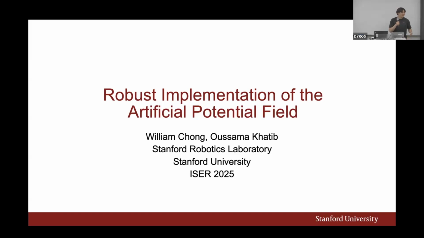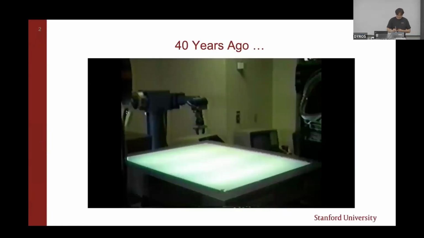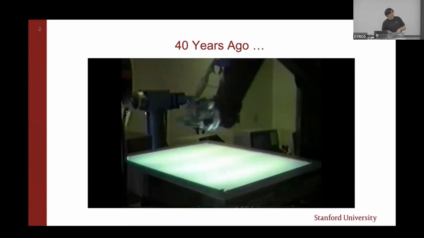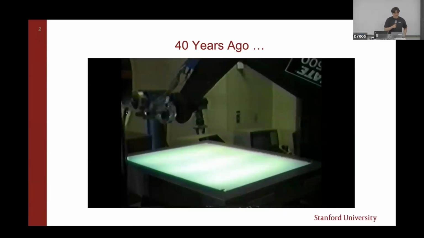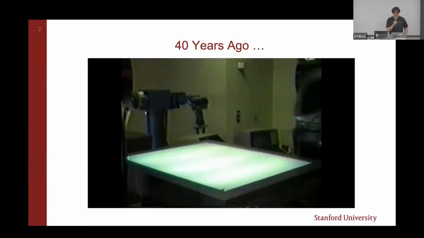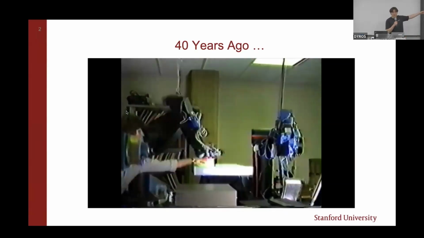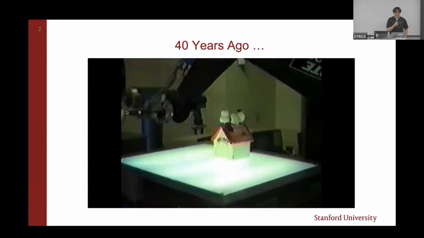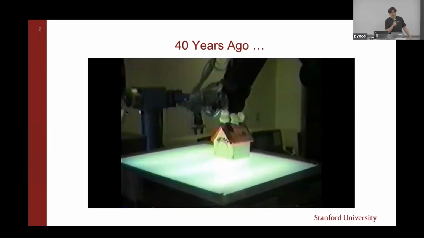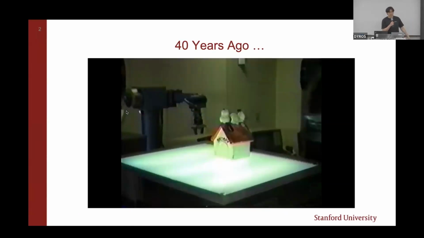To start this presentation, I have to go back 40 years. So 40 years ago, Usama formulated the artificial potential field. The manipulator is programmed to travel in a straight line, and that's Usama 40 years ago. And so when the Sumi house is placed on the table, the manipulator avoids the obstacle in real time using